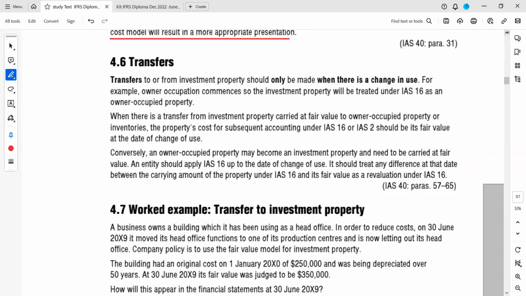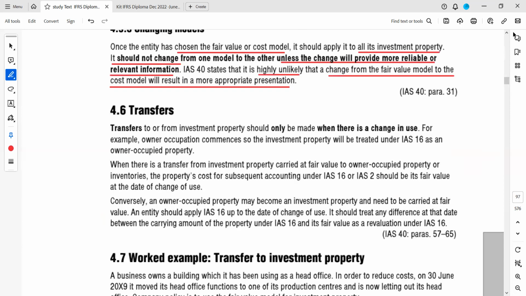Now, there is also a possibility that you are using a property for one purpose and now you have changed the purpose of the property. So if there is a change of property, from investment property to owner occupied property or owner occupied property to investment property, everything is possible. So transfer to investment property or from investment property should only be made when there is a change in use,